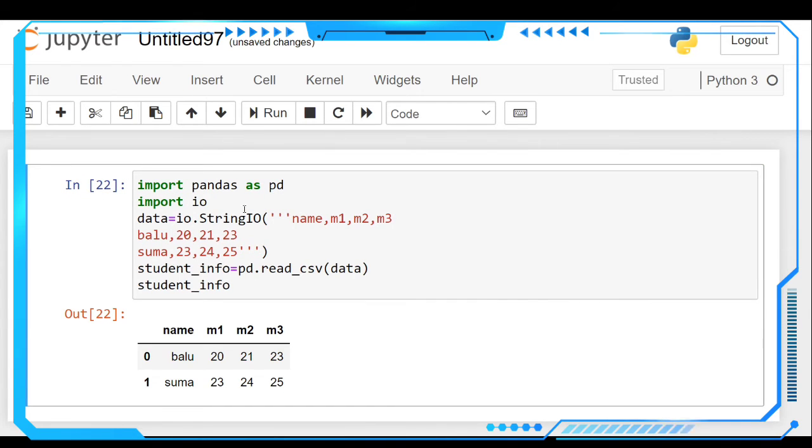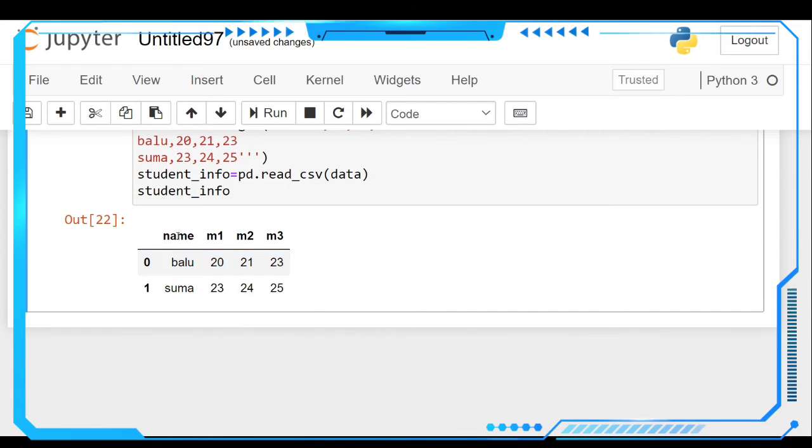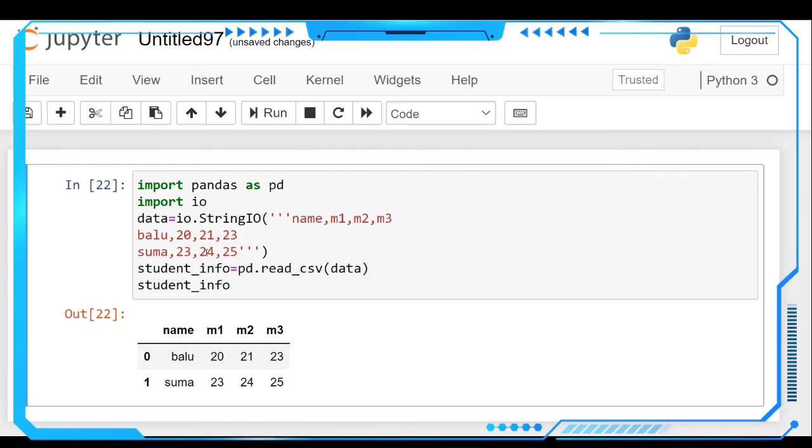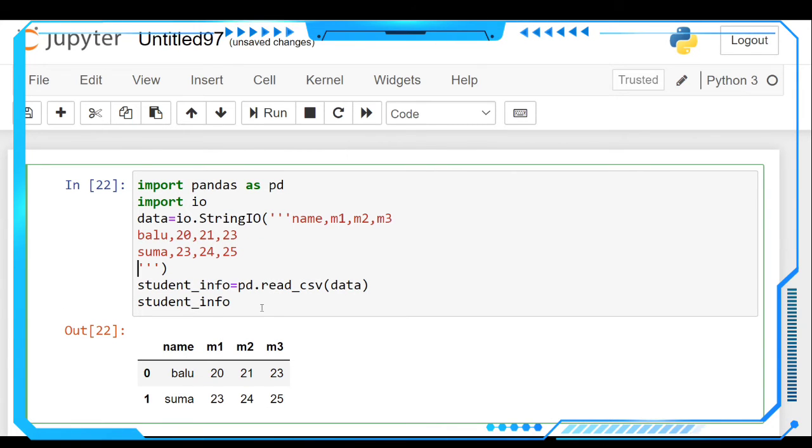See here, under the name column we got Balu and Suma. Under marks 1 we have 20 and 23. Under marks 2 we have 21 and 24. Under marks 3 we have 23 and 25. If you want more data you can add it here, as much as you want, using the comma operator.